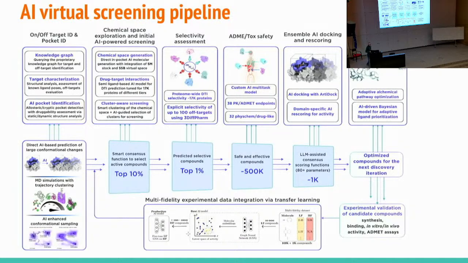And this is a very complicated slide for our business presentation, where we showcase all the places where AI is applied in the virtual screening. I will not go too much into the detail here, but what we are doing is the screening in 2 stages. And on the first stage, we are using AI to do the rough screening of the large chemical space. And this is done with a semi-ligand-based AI model, which is trained on the combination of the protein and the ligand